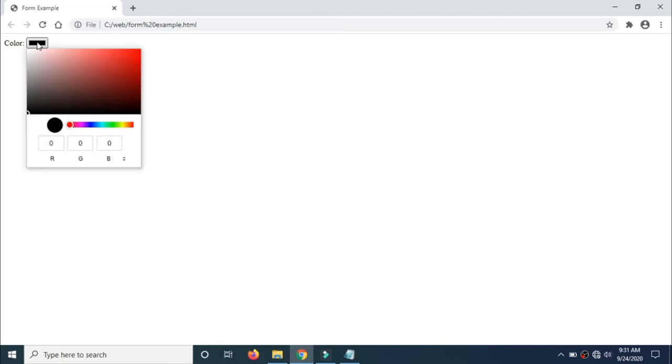If I click on this, you will get a color box. Just by scrolling this icon, you can get colors. If I click somewhere on this window, you will get the RGB value of that particular color.